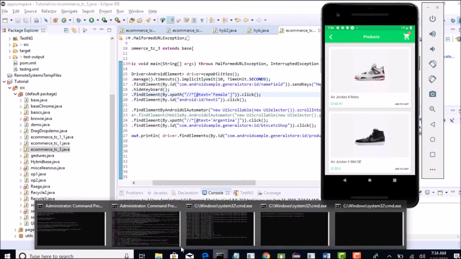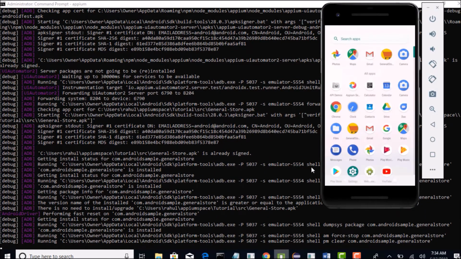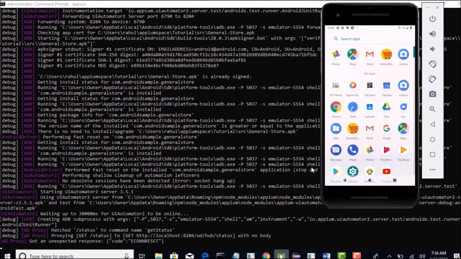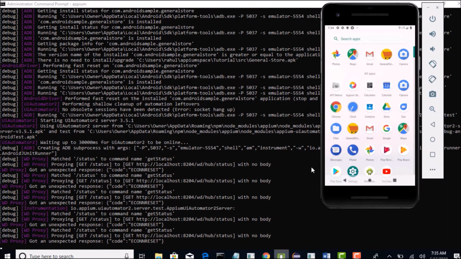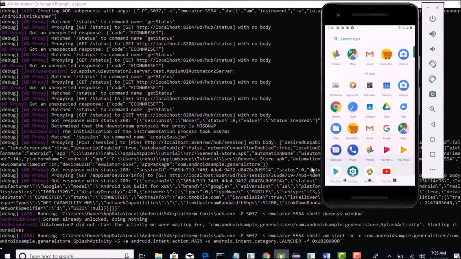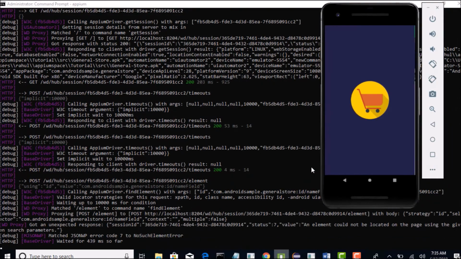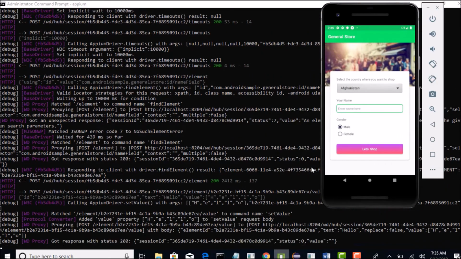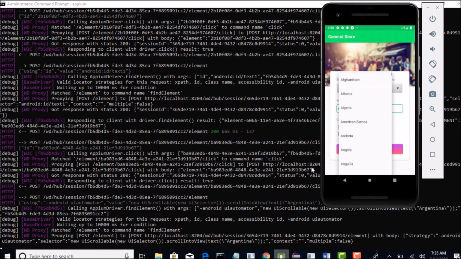Okay, meanwhile I'll explain the reason. The reason why you will not get the full list is that the items are not in visible mode. Whatever Appium can see on the mobile, it will only treat those products. It will not scroll by itself and collect all the remaining items.